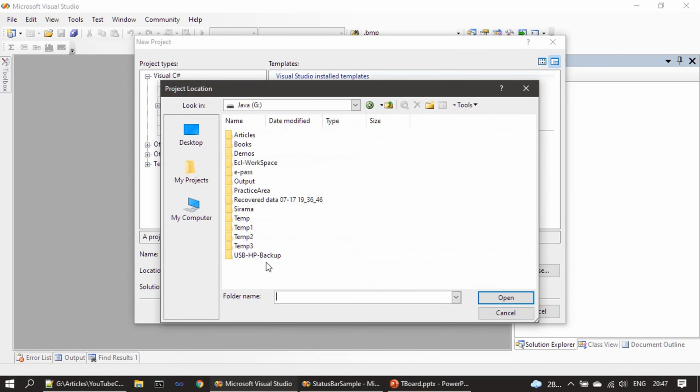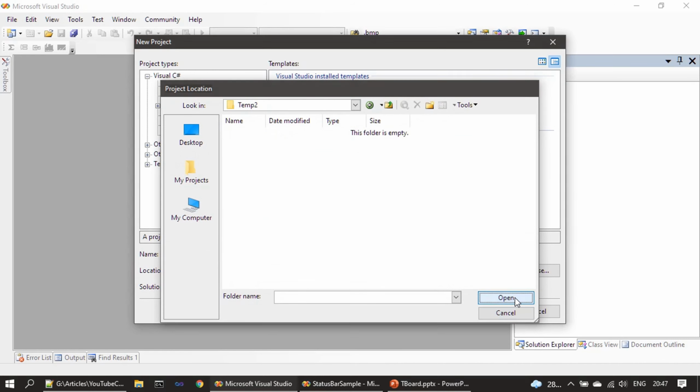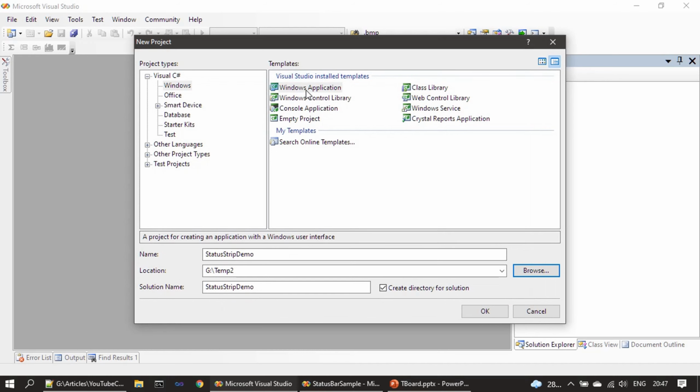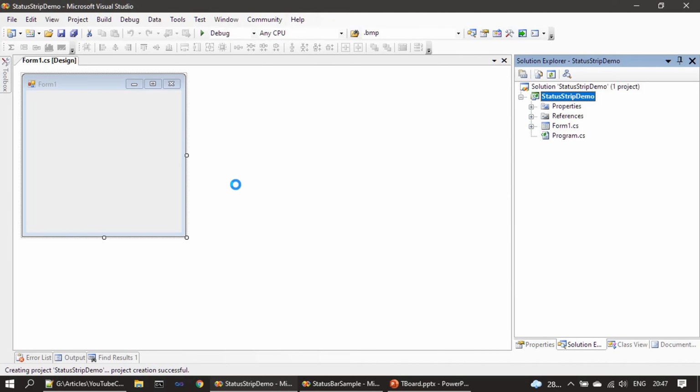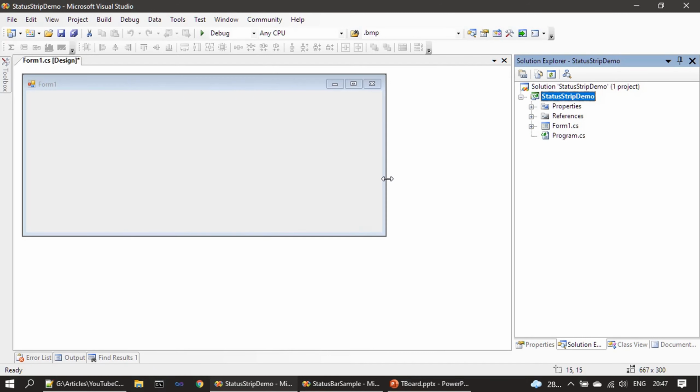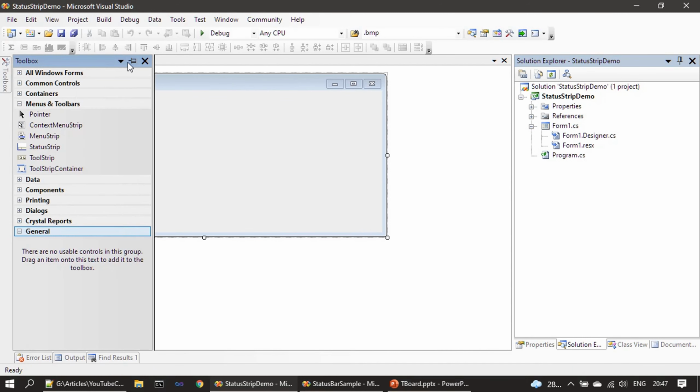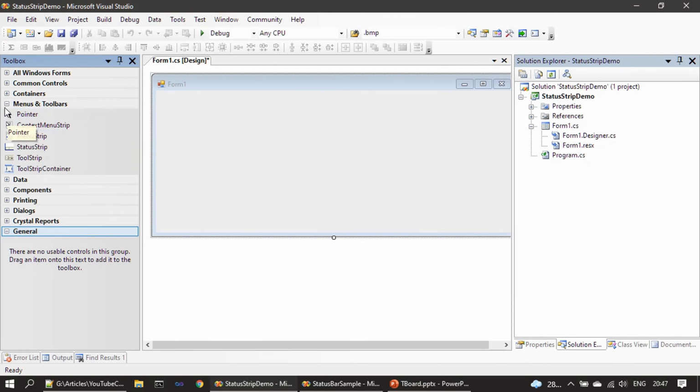Location, we will go to the temp2 directory, and the project type is Visual C# Windows application. All right. Now when the form is displayed, just expanding it, we can place the StatusStrip control